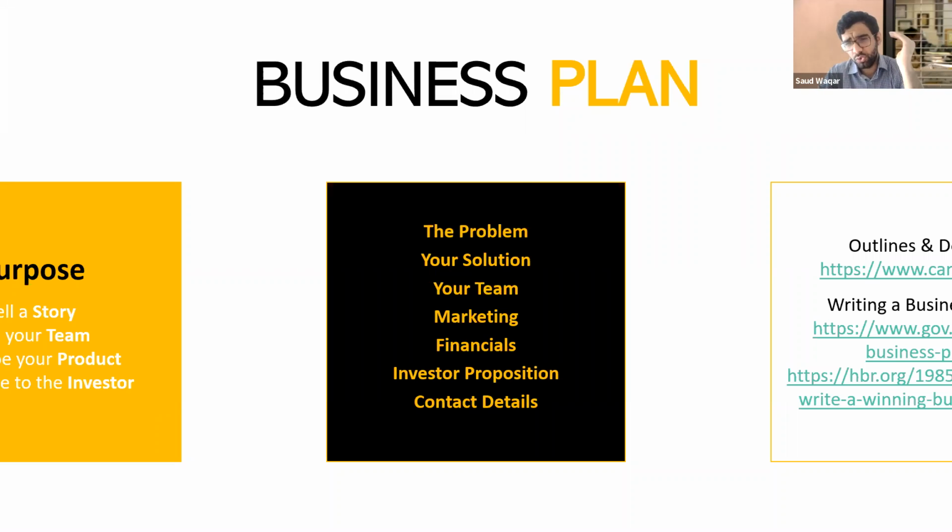The second part would be your projections for your company or business: how much you're going to sell, how much profit you're going to make in the first year, second year, third year. Usually it's about 5 years or 10 years, depending on what kind of business you have. And this part of the business plan has to be really researched because VCs, venture capitalists, and investors actually grill you on this part. Anyone can say we're going to make £100,000 of sales in 2 years and then go to $1 million in 5 years. But there has to be something to back that up. There has to be substantial evidence to back that up. And you have to know what you're talking about. That's what investors are really interested in.